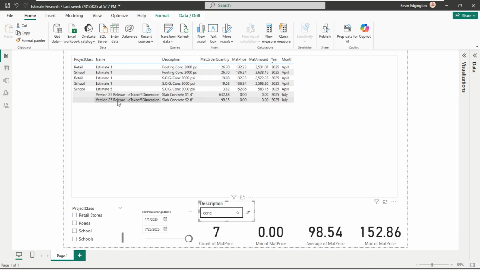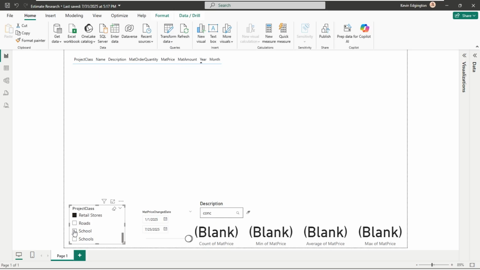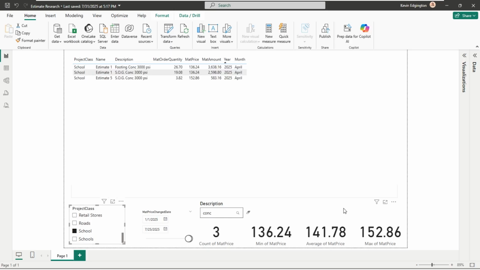And there again, I've got maybe a couple estimates here that I don't know what I was doing, why I didn't have $0 on those. I don't even have a project class on those and so forth. So that's where I might want to go back and say, well, all I really want to do is focus on maybe retail and school so I can get rid of that other garbage out of the list there. So I'm going to say I want retail and school. Excuse me, one or the other. So that way it showed me there's what the schools was on that section of things, or here's what the retail was.